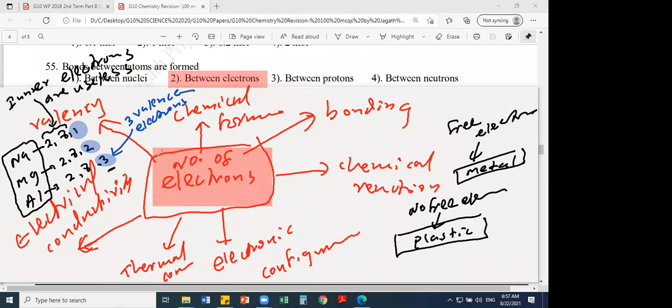I want to be good in this subject. I should know science well. I like it. I want to improve my knowledge. Then automatically you will get 90s for the paper. So automatically you will get good results if you are good in the subject. Therefore, your main intention should be to improve the knowledge of this subject, with the intention of understanding chemistry. Right? That's why I give this explanation also.